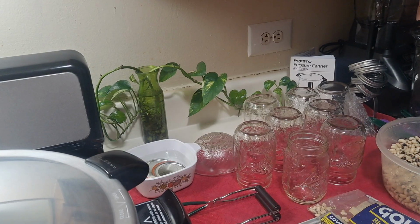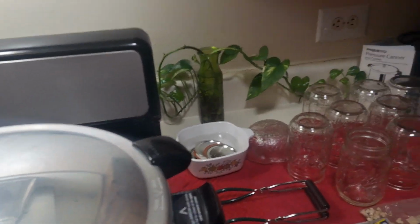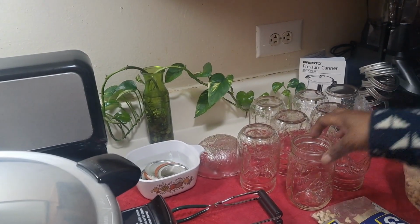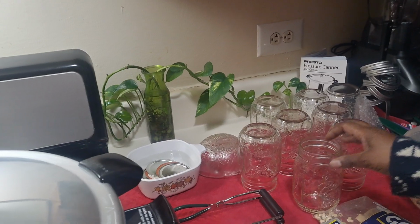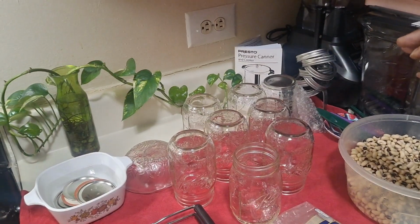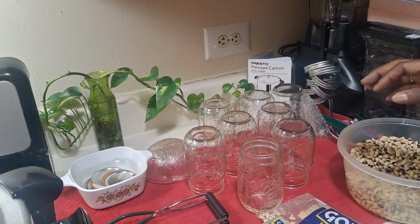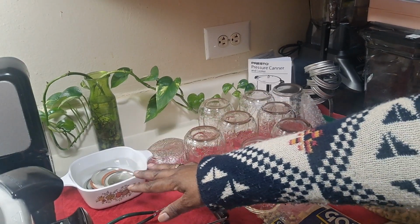My canner is cold. My beans are cold. They were in the refrigerator. My jars have been sterilized. I've sterilized my pot, my jars, and I have cold water, just tap water. I'm soaking my lids,